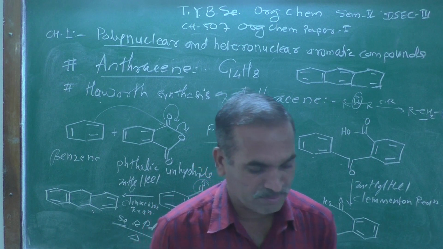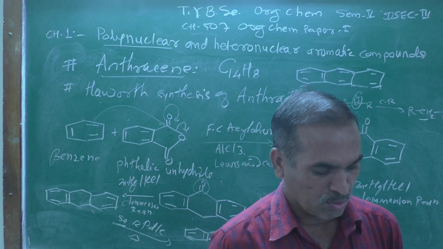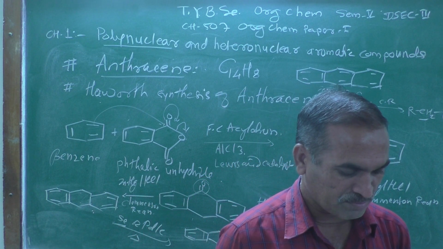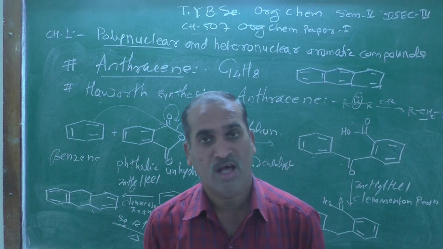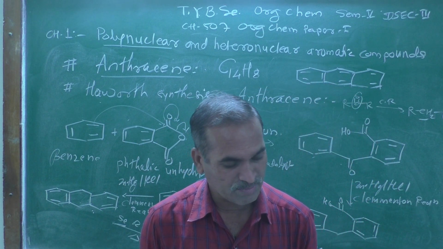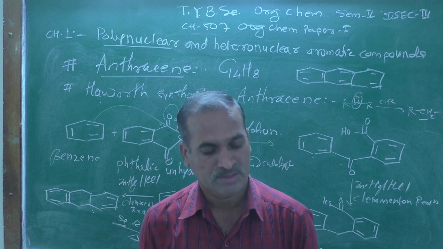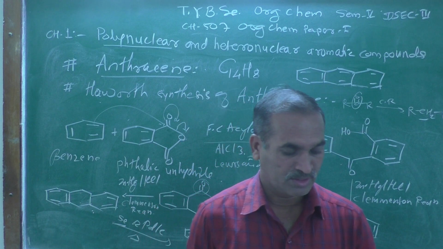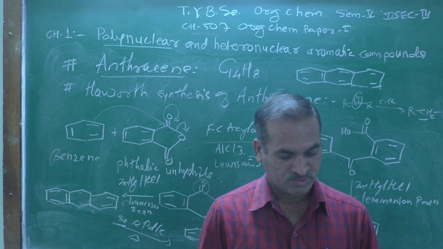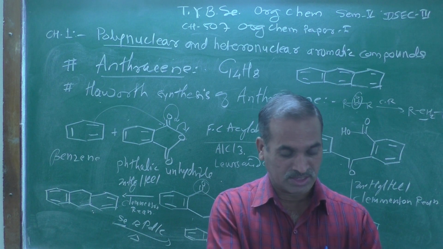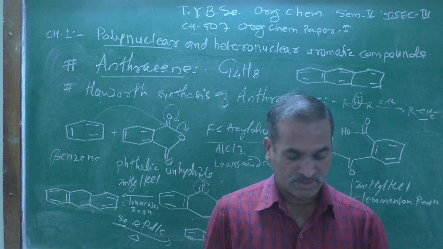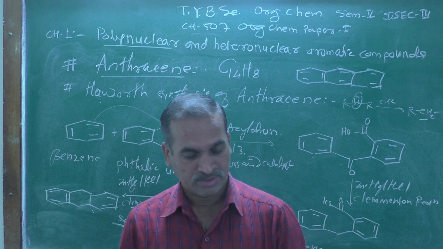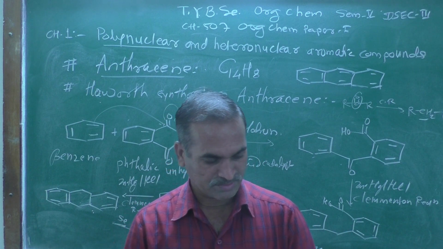The ninth position of anthracene is more reactive because of stabilization of sigma complexes. These are some of the points which we are going to discuss in our upcoming lectures,